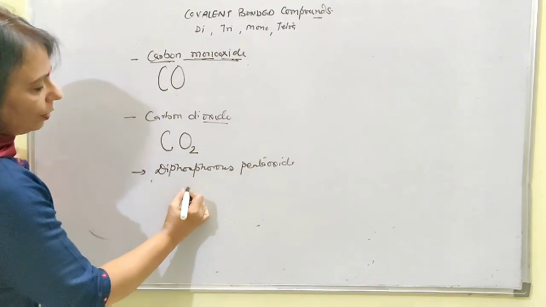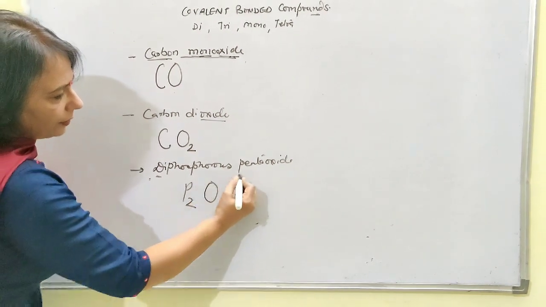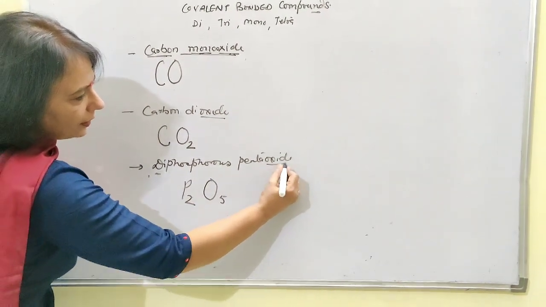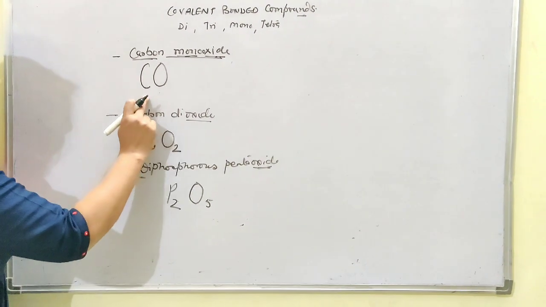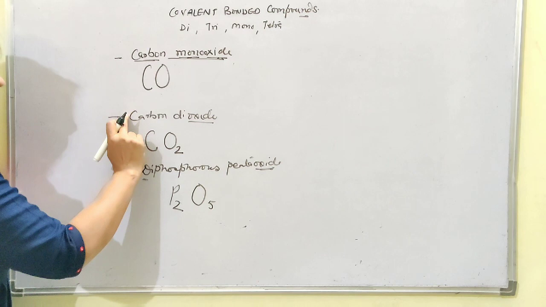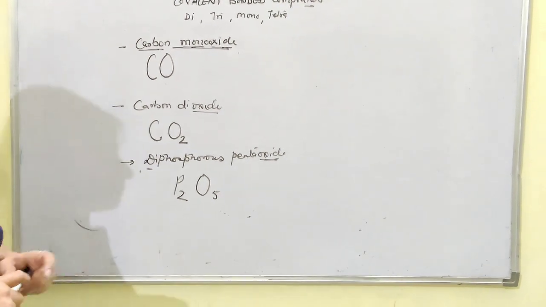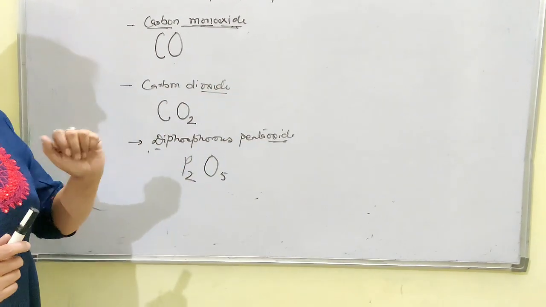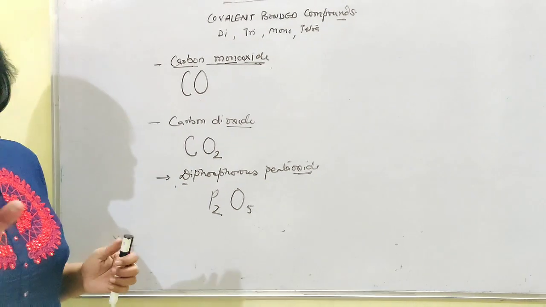Okay, in that case, phosphorus di, penta. Penta means 5. And what is penta? That is oxide. Oxide is 5 times. And if any single atom is present in the beginning, the word mono is never written there. Like we never say monocarbon dioxide. It is simply carbon dioxide. That means it is understood that the carbon which is taken initially is only 1.